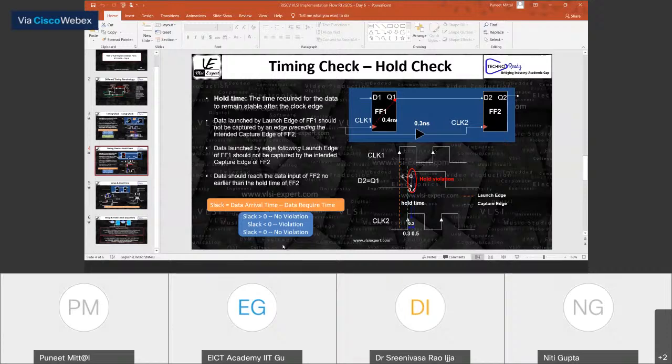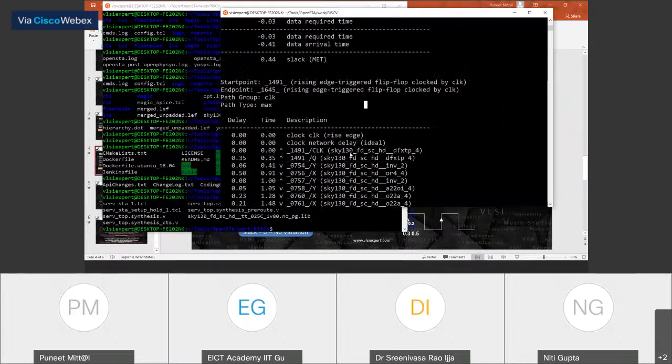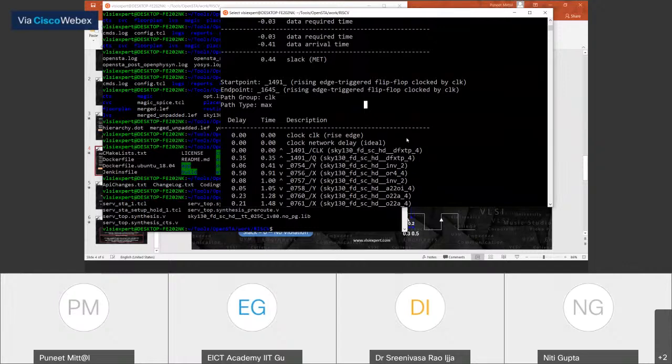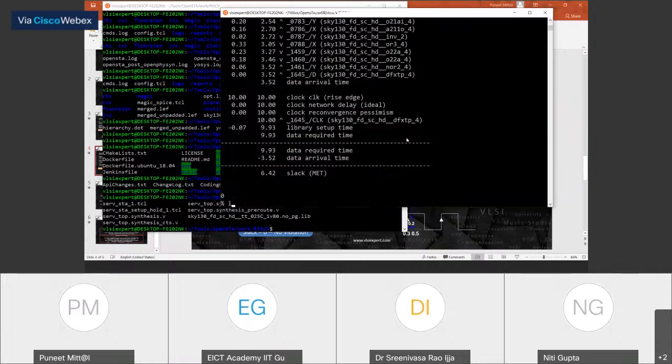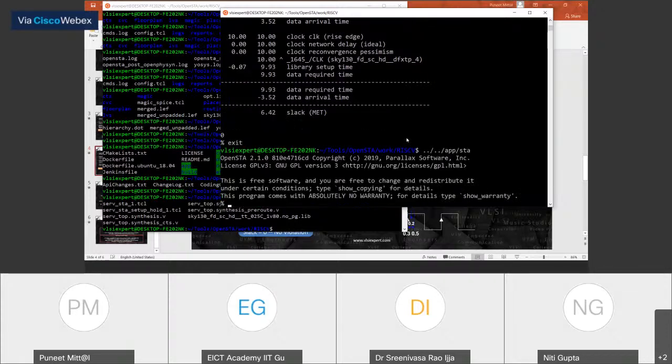Okay, I think you can see my window. Great. So it's the same thing, whatever we have done. This is STA. I'm launching that particular part. Whatever we discussed yesterday, we are going to do today.